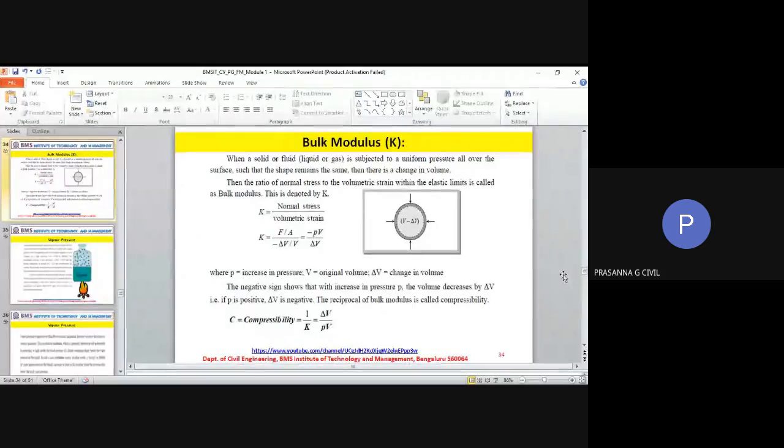Before we start the class today, a quick rewind on what we have learned in the previous class. We talked about capillarity, capillary rise, and we did numericals on capillary rise. The formula is h equals 4 sigma cos theta divided by rho g d. If it is capillary rise in liquids like water, theta will be 0 and cos 0 will become 1. So you will have capillary rise. The value will be positive.